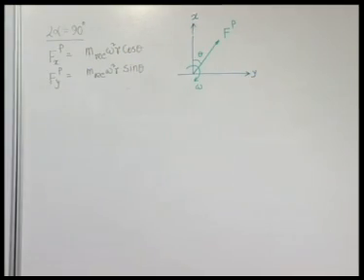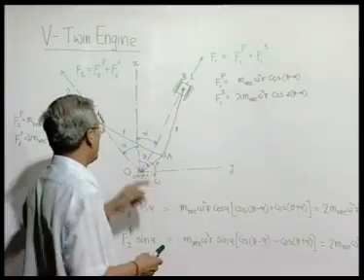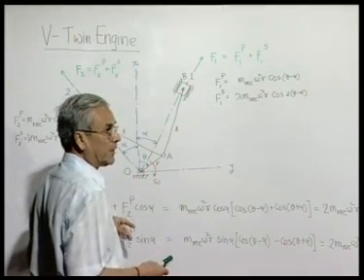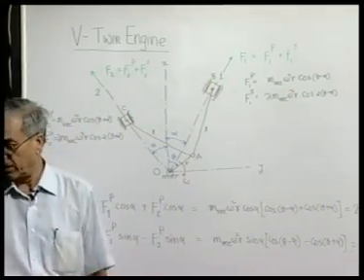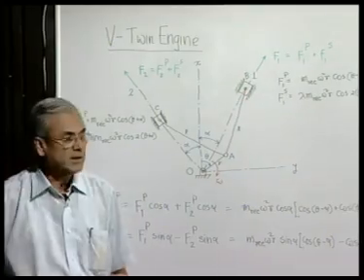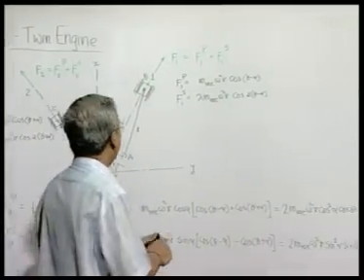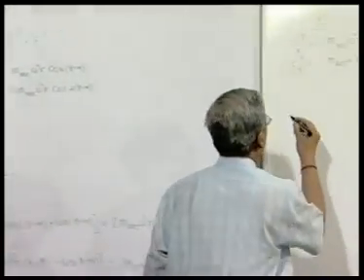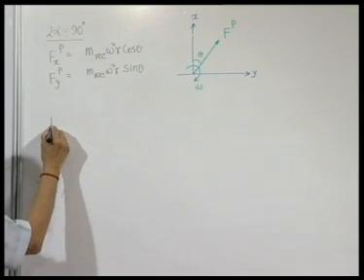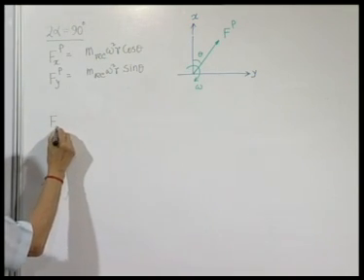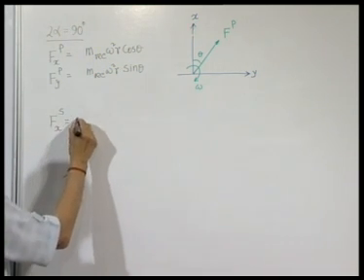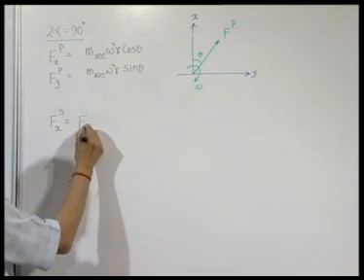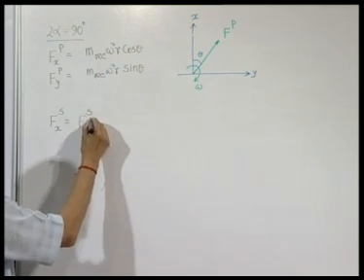So, since the unbalanced force is represented by a rotating force, it is very easy to balance it by putting a counterweight in case of a 90 degree V-twin engine. So, at least the primary is completely taken care of. If you now consider the secondary, then the secondary force in the x direction will be F 1 s